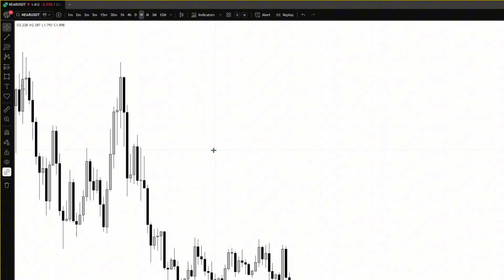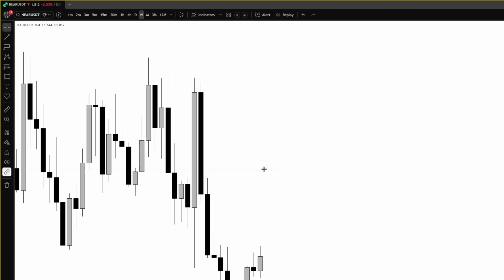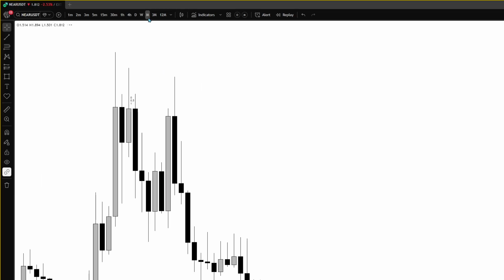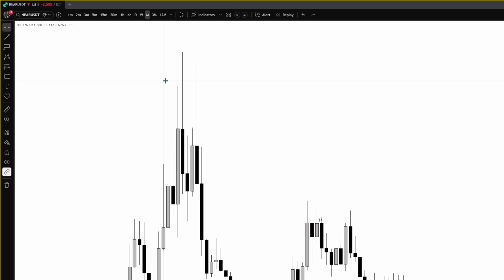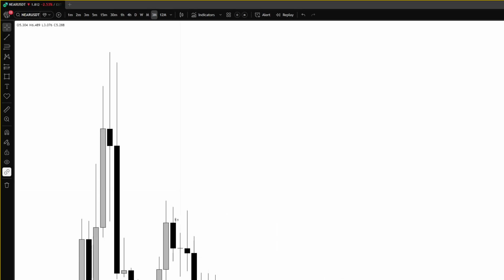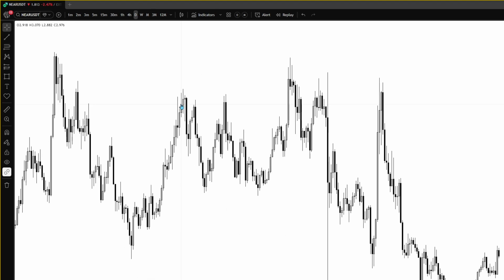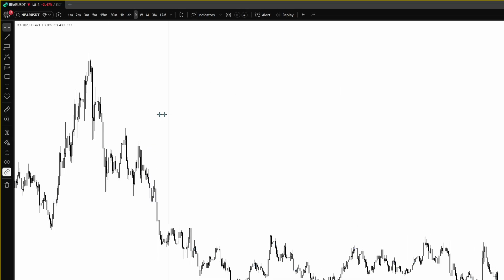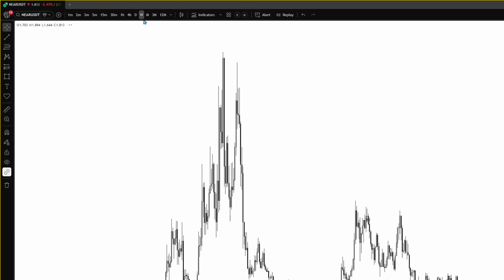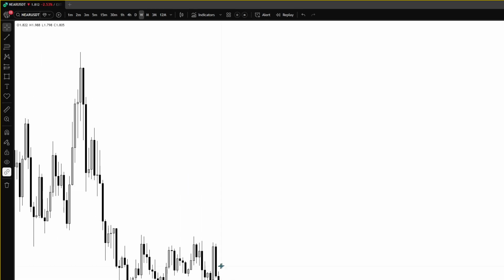Damn. Fall from grace. See the monthly. Mm. I mean, I don't think that it looks convincing that it's gonna go back up. Maybe